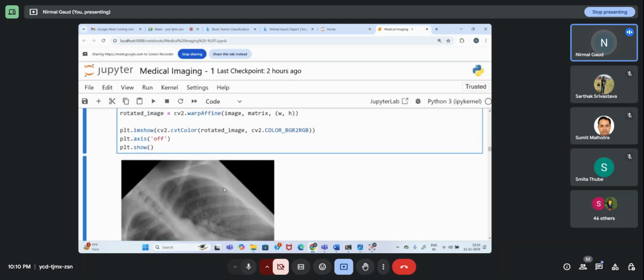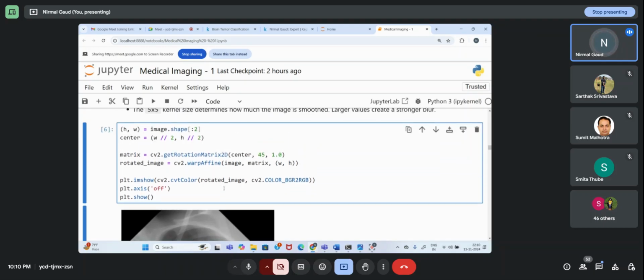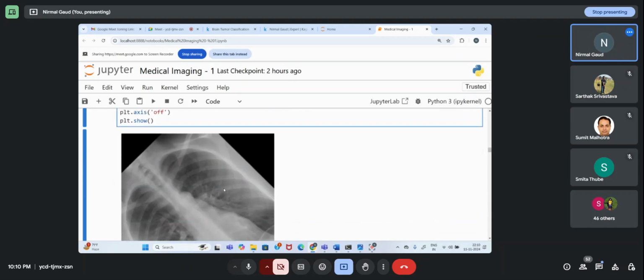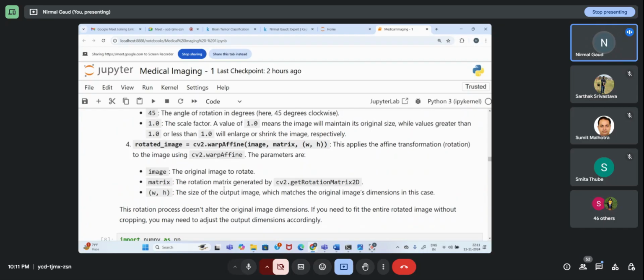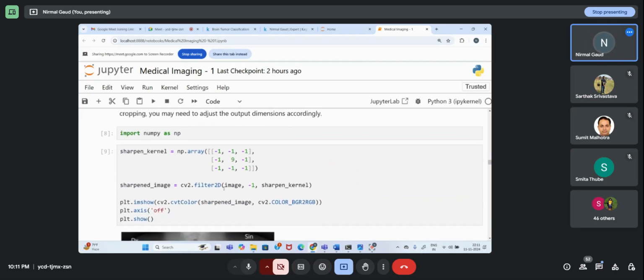So if you have a small number of images and you have been instructed to kindly increase the number of images, you will perform augmentation. Rotate the image, flip the image, blur the image, darken the image, increase the brightness of the image. All these things you do in augmentation. So there are many kinds of transformations available. The description has been mentioned here.